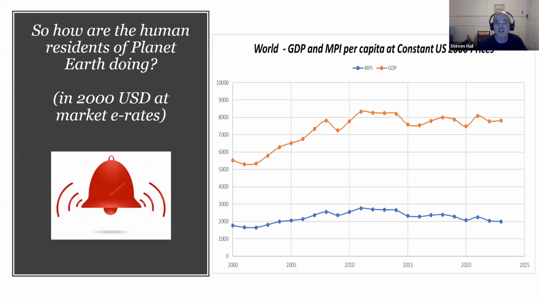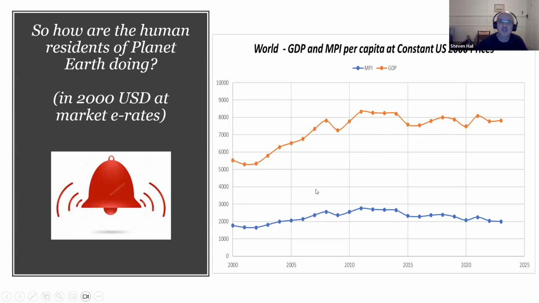But I decided to do this partly for convenience and also partly because of the incredible strength of the US dollar since 2014. And I've seen people talking about how scared the US should be because China is reducing the proportion of its official reserves it holds in US dollars in recent years. These people have not been looking at the foreign exchange market. The US dollar has been for 10 years really on an upswing as far as its trade weighted index is concerned. And that is reflected in the data I've got here for global real GDP per capita because I'm using